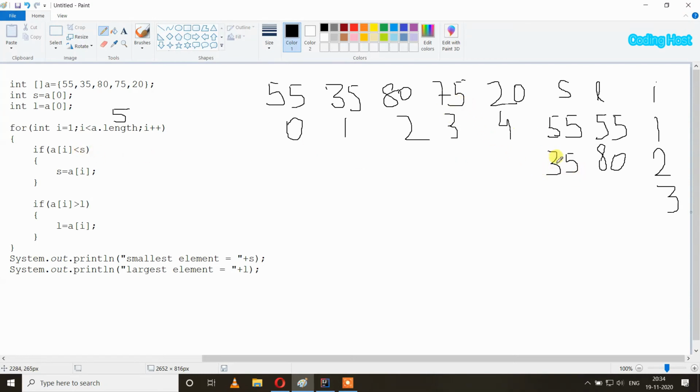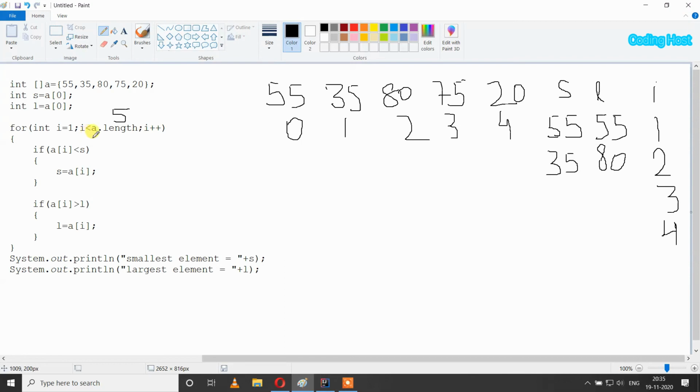So 75 is not smaller than 35, so our condition is false and this statement will not execute. And in the next if statement, if a of I is larger than L, so a of I is 75 and L is 80, so 75 is not larger than 80, so this condition is also false, so this statement will not execute. After that I plus plus, so now I will become 4,